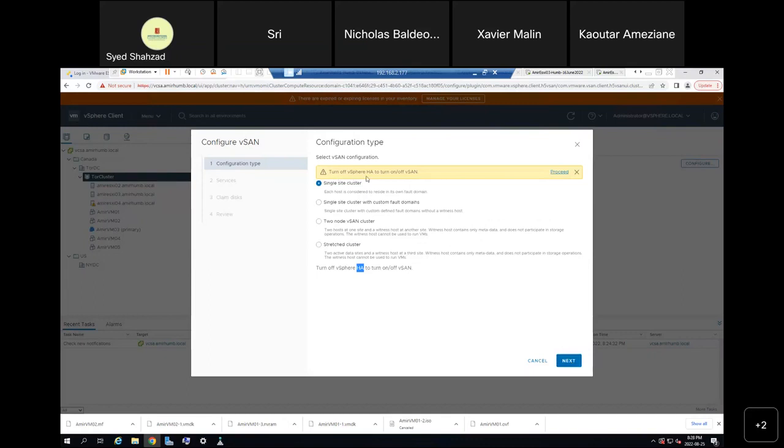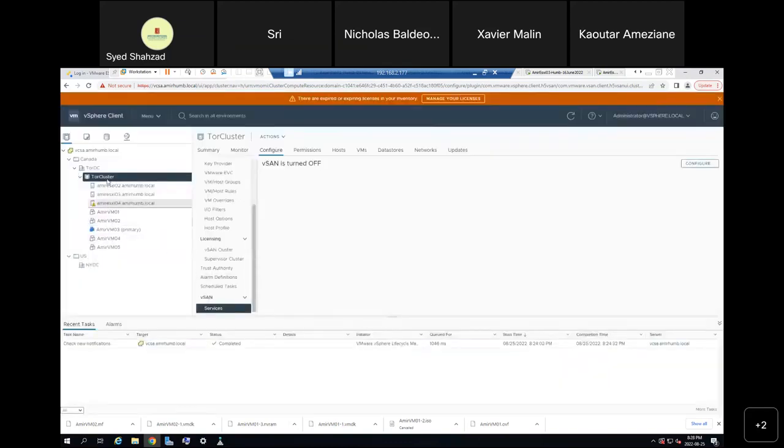Okay, there you go. Turn off vSphere HA to turn on or off vSAN. So we want to turn on vSAN. In order to do that, well, that's just by design. It's a requirement that HA needs to be turned off first. So I'm just going to cancel out from here, and in the cluster, Configure, I'm going to go up there